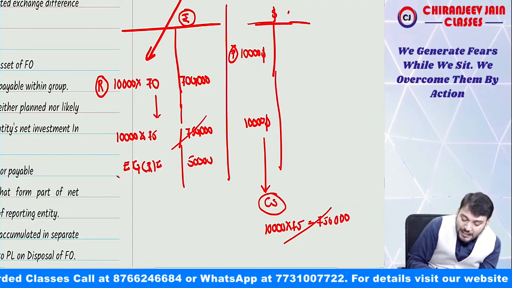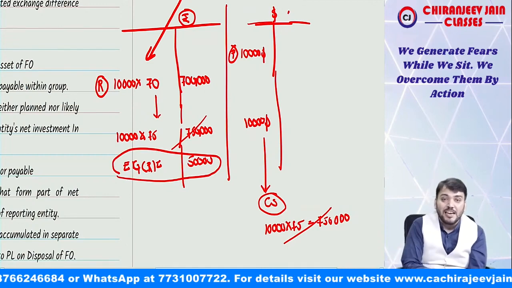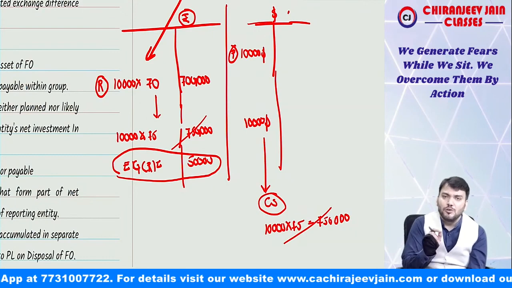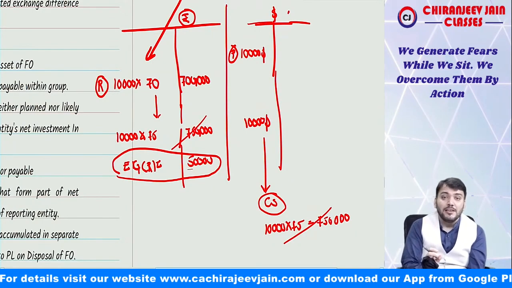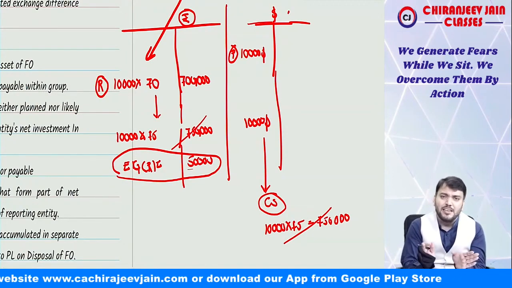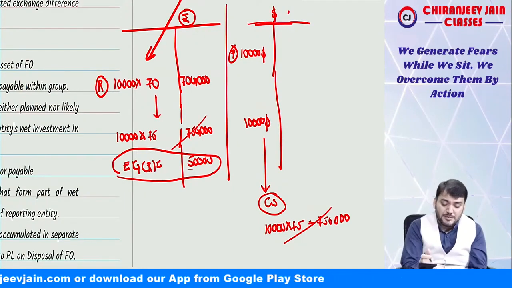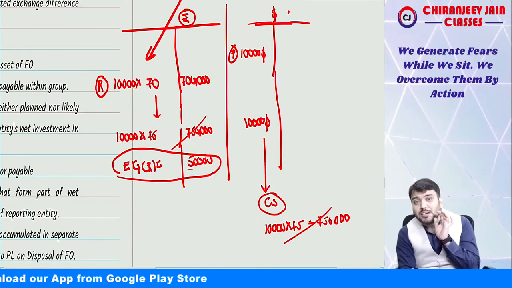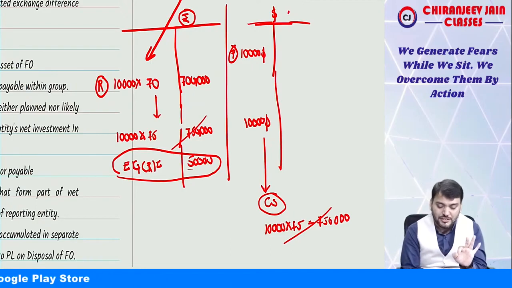The doubt is that in CFS, what will we do about this exchange gain or loss which resulted due to translation of monetary items in their separate financial statements? So what Ind AS 21 says is that this will not be eliminated. Why? Because even though transactions are eliminated, payment will be done, and whenever payment is done, the parent entity is exposed to some gain or loss, and if they are exposed to some gain or loss, that gain or loss should be recognized. I hope you are understanding what I am saying.